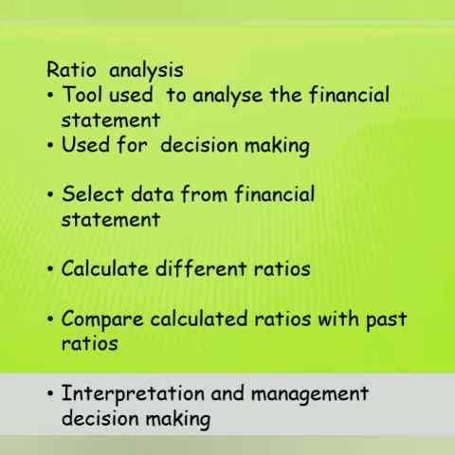So ratio is an expression of quantitative relationship between two numbers, and financial ratio is the relationship between two accounting figures expressed mathematically. This technique is used for understanding the financial strength and weakness of a firm. In this technique, usually firms select relevant data from financial statements, and data collection is based on the objective of